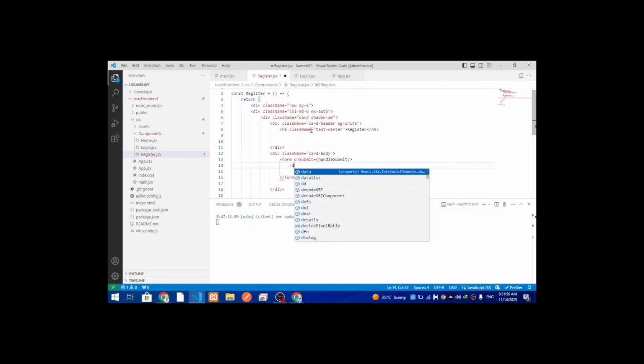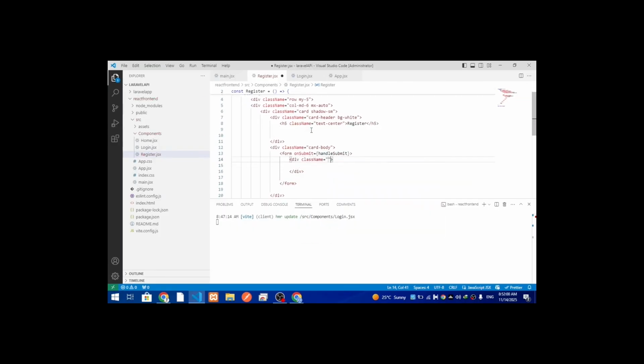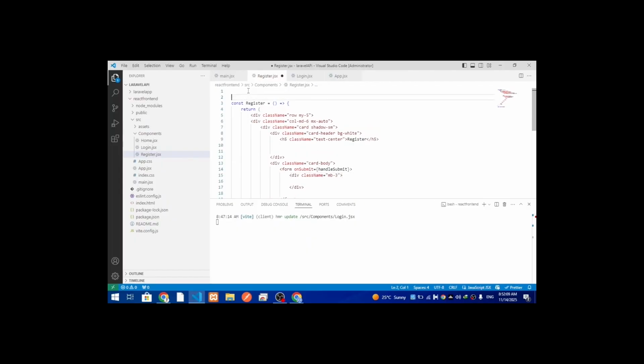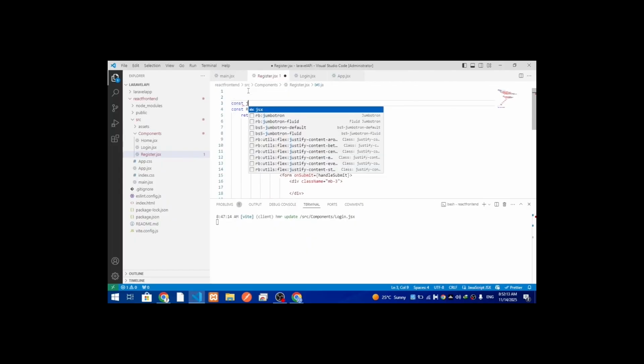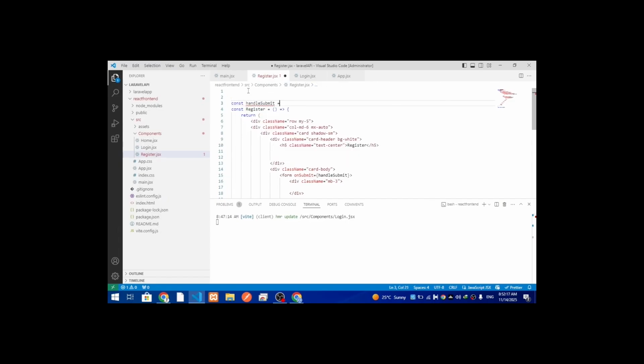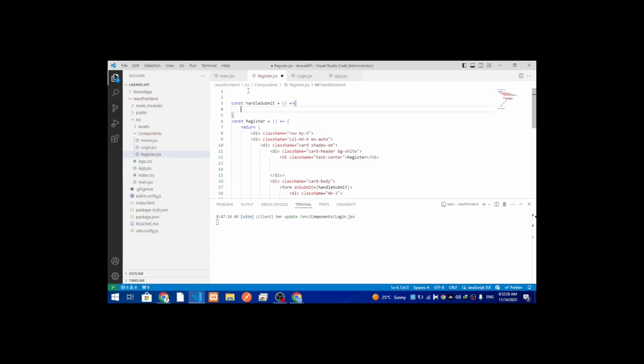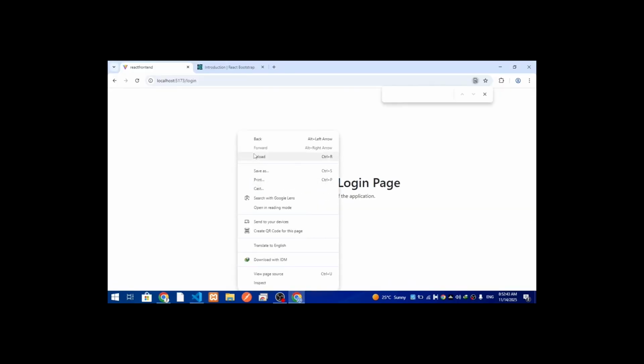After that type another div, class name should be mb-3. Okay, type const handleSubmit here, and going to have a console.log, data for now